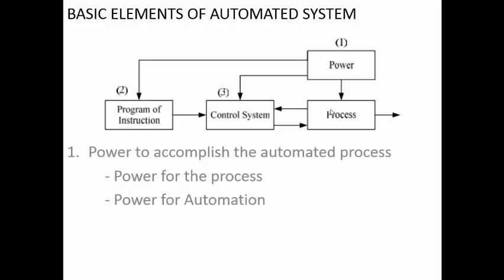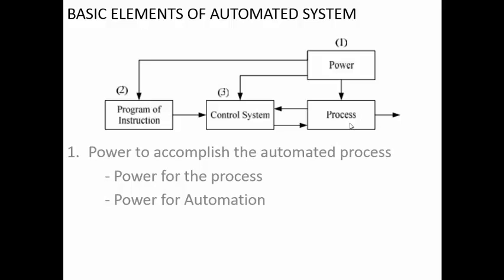So there are two ways in which the power is used. One is power for the process itself. If you are taking the example of the heat treatment, you can use electrical coils to increase the temperature. That will be the power for process. If you are considering the CNC machine, the power required for movement of the spindle or movement of the table, all these things are the power for the process. So for the actual process, you have to supply the power. This will be of higher level. You require significant amount of power, electrical power to drive the process.